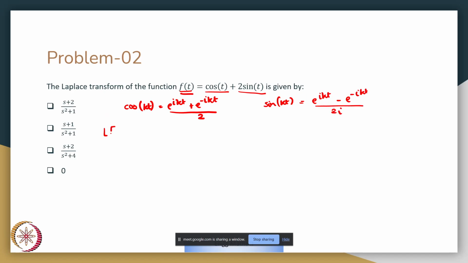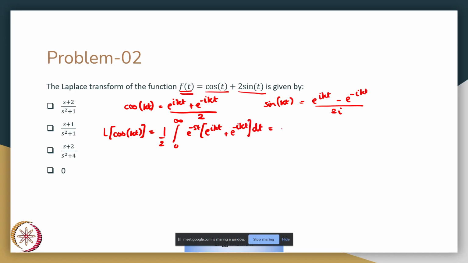Again, if we were to take Laplace transform of cos of kt, it would be nothing but half of integral 0 to infinity e raised to minus st times e raised to i kt plus e raised to minus i kt